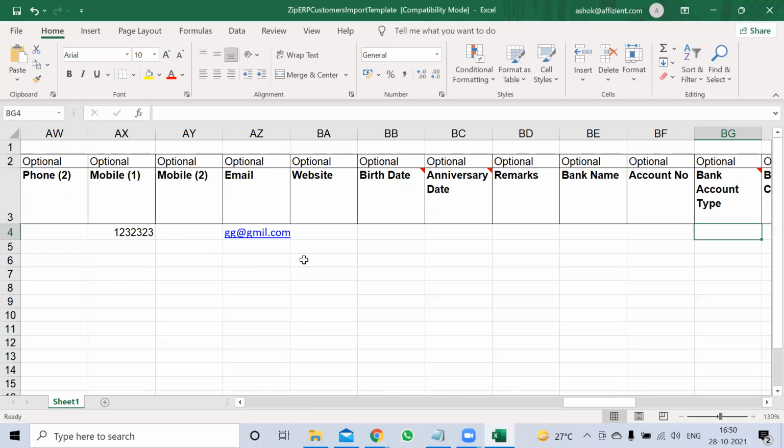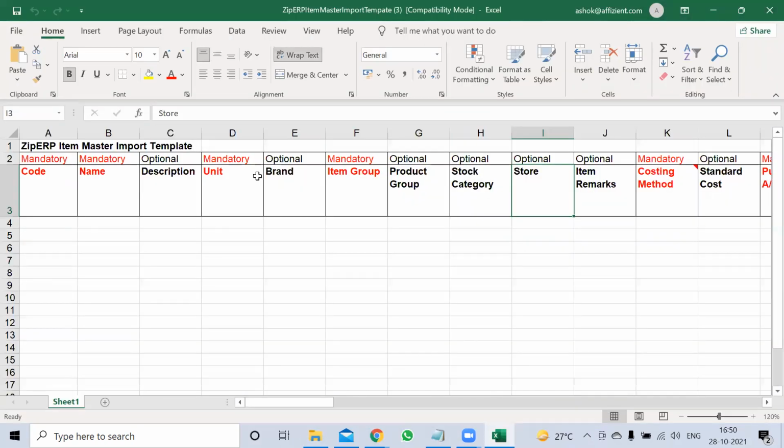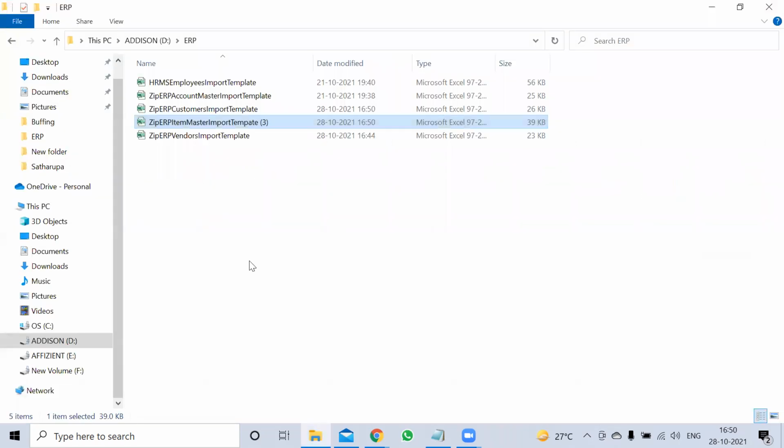Okay, sir? And we should also help in terms of inventory item master, so that it also gets ready. Yes sir. So you can close this, sir. Save it and close it. Now first of all, you open the item. No, you close this, sir. Open the item group master. Item group master is there? No, it's not there. Okay. Go to zip ERP, sir.